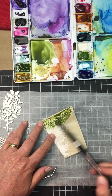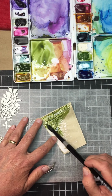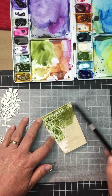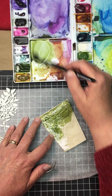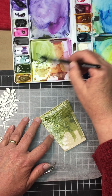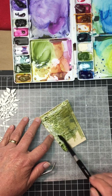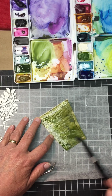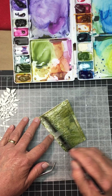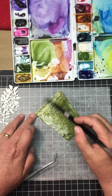You can do a little bit of the Teabag or a lot. Sometimes I try to just stay on the side, but what happens is I end up getting it everywhere anyway. So I am just going to go ahead and coat that Teabag. Need a little bit more green, a little bit more water. Now the watercolors are fabulous because they'll go through the cracks of the molding paste, the crackle paste, and they